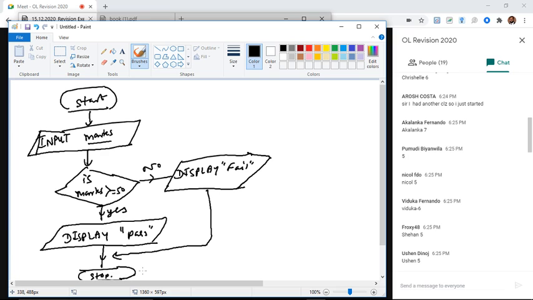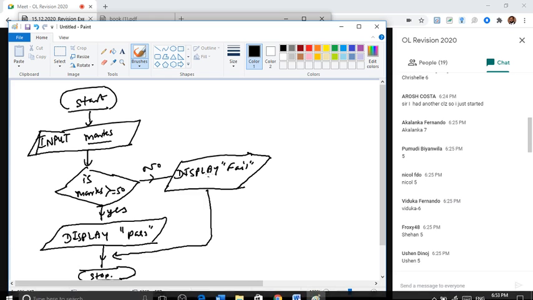Okay, so start, then you are inputting the marks. After you input the marks in the selection area, you are checking with this diamond shape symbol, is marks greater than or equal 50, that is decision. If the condition is satisfied, yes, then display pass. If the condition is not satisfied, that means less than 50, 49, it's fail, then stop. So this will be the answer for the